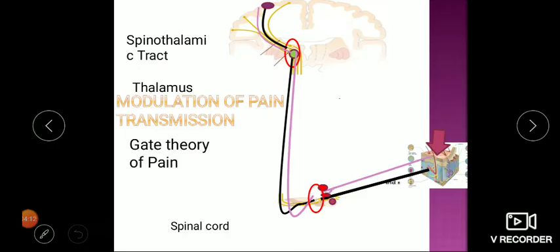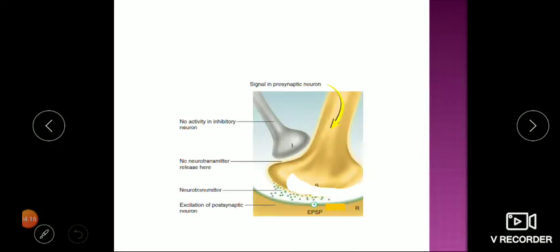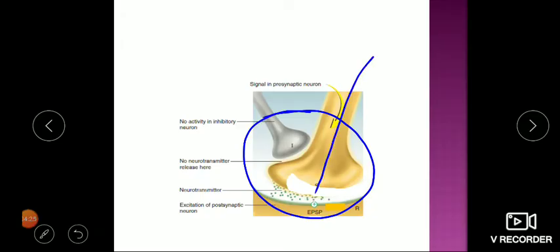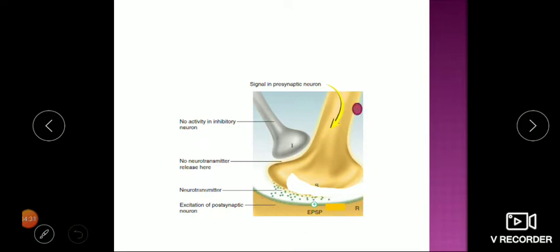Now this mechanism is utilized by our different techniques. So here you can have a close look at this dorsal horn. This is one of the pain fibers. This is the fiber coming from the touch sensation. We can see in this, with routine pain fiber stimulation, there is a release of neurotransmitters and generation of excitatory postsynaptic potential here.